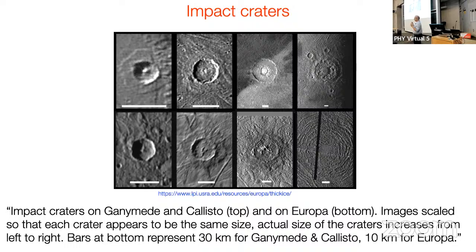But it turns out that the crater distribution is more or less uniform. So you wonder whether the icy shell is actually moving around. Even though it's phase locked, that is, always the same face of Europa facing Jupiter, maybe the icy shell is rotating, even if the rocky interior always faces the same side of Jupiter. That might explain, over a few millions of years in which this ice cover exists, why the crater distribution is uniform.